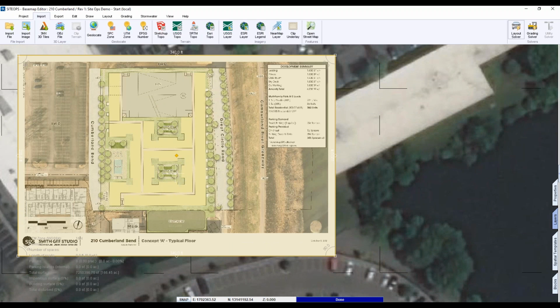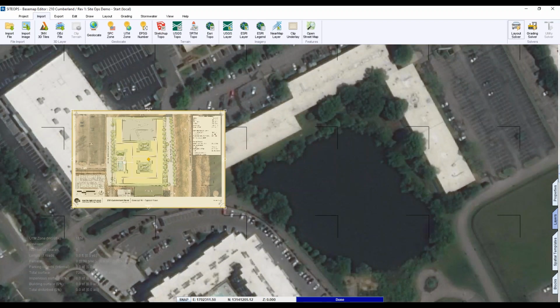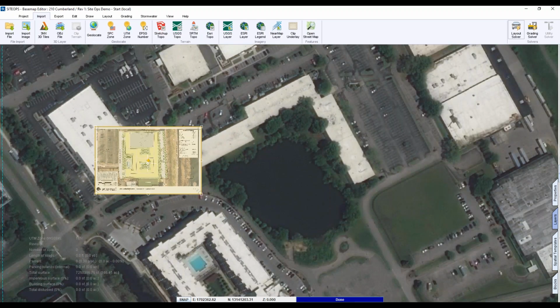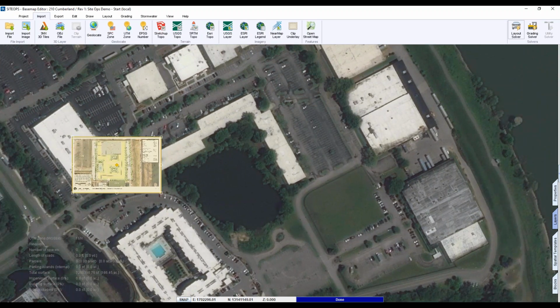This is what we would call a density study, which is a very preliminary one-layer floor plan overlaid on a site image. So this is what we're typically given to run our estimate with. And so what we're trying to do now is create earthwork quantities and foundation wall quantities from this document using SiteOps. So the first step is to get this plan right here to the same scale and alignment as what's in our image in SiteOps.